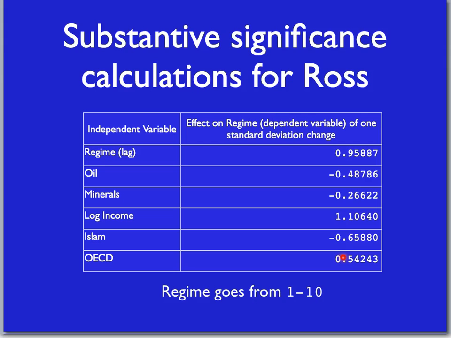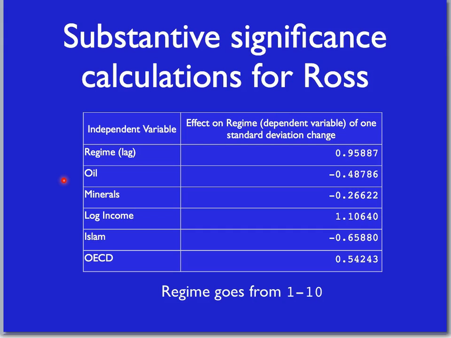I want to make very clear, I'm not making a substantive claim here. I'm just talking about the results of this particular statistical study. That variable has a bigger effect than the oil variable he focuses on. So if he had done this substantive significance calculation, he probably would have had to talk about his results in a very different way. So this illustrates to you why it's really, really important to remember the difference between substantive